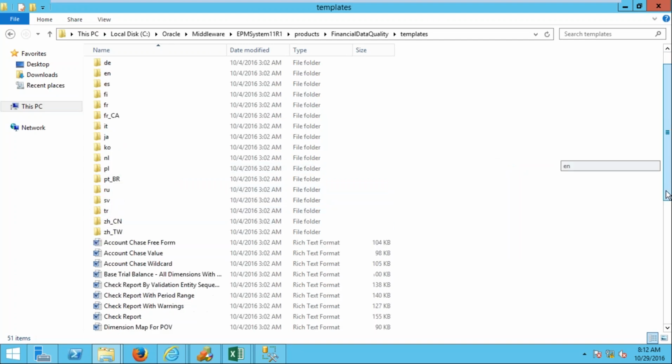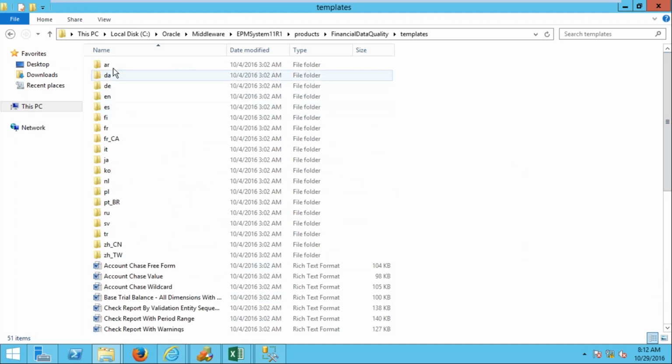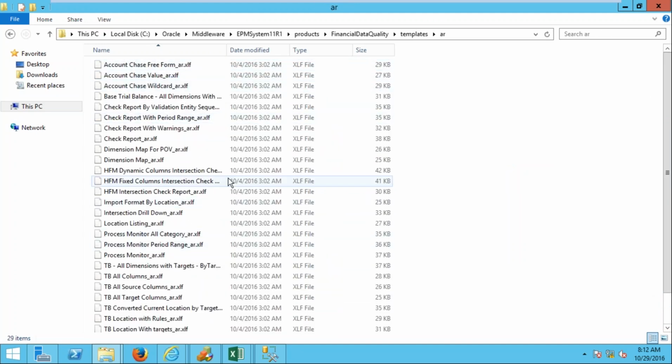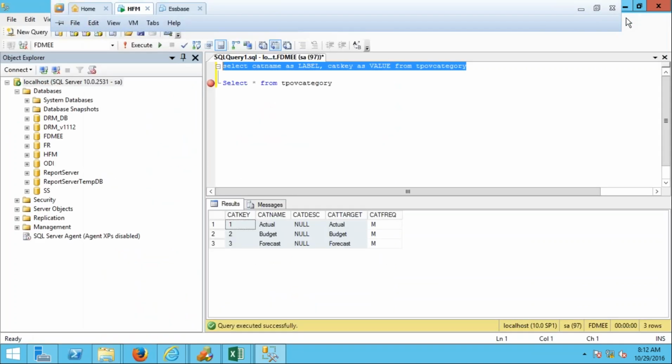But you need to use the templates which have already been designed by the system, I mean the ones which they have provided. Here you can get all the templates, RTF and XLS and everything that you can find from here. Okay, so middleware, EPM system, products, financial management, and templates. So the next step would be